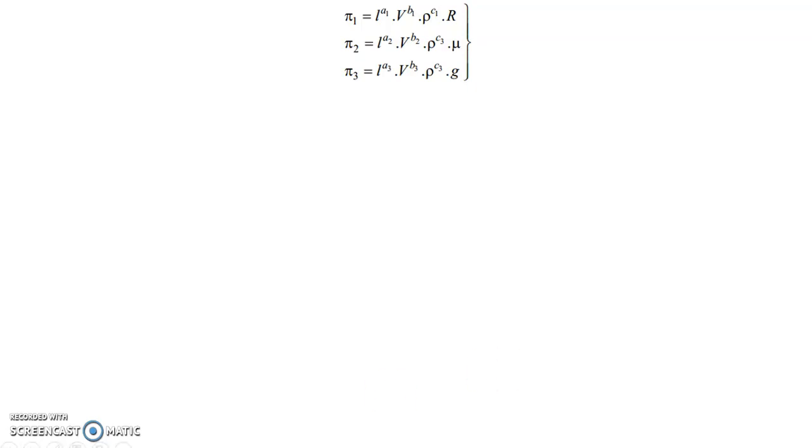So we have also seen a pattern. For example, there is a geometric variable, there should be a flow variable and a fluid variable. L is the geometric variable, V is the flow variable, and rho is the fluid variable. This is how we write pi 1, pi 2, pi 3. These terms are repeating variables, except R, mu, and g. So we shall solve pi 1, pi 2, pi 3 independently, and then we'll substitute back the values of pi 1, pi 2, pi 3 in the basic equation.